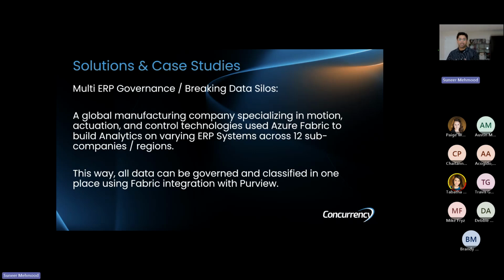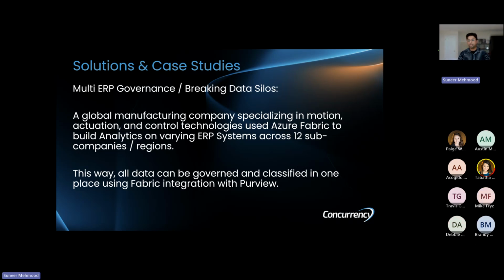A use case that I wanted to bring in is a global manufacturing company specializing in motion actuation and control technologies, which is using Azure Fabric to build analytics, sourcing data from varying ERP systems. This company is not a single company, it's an umbrella of different companies. So they are creating end-to-end analytics where their processes are not merged together.